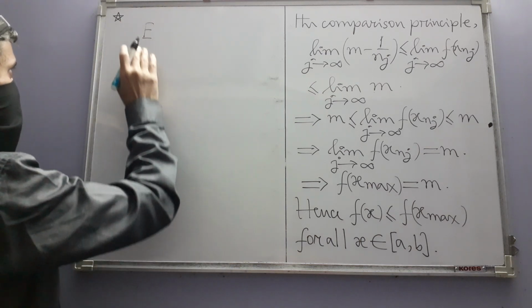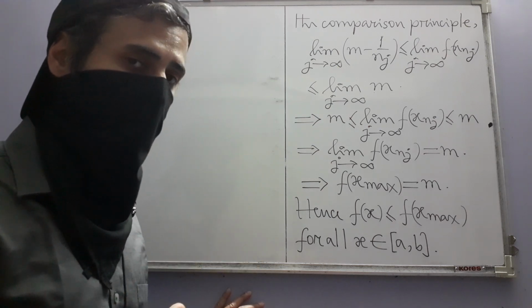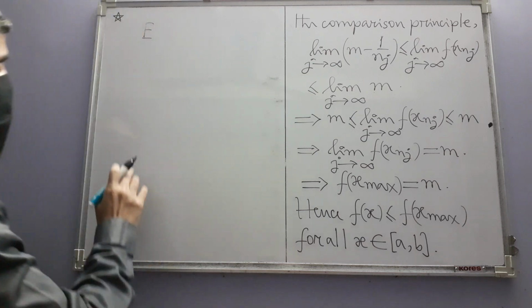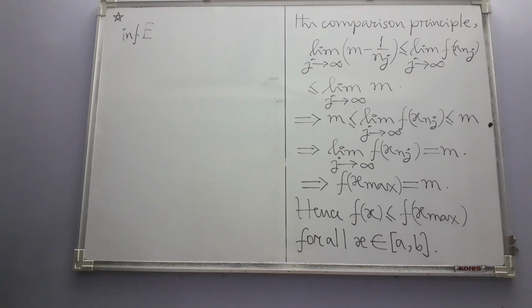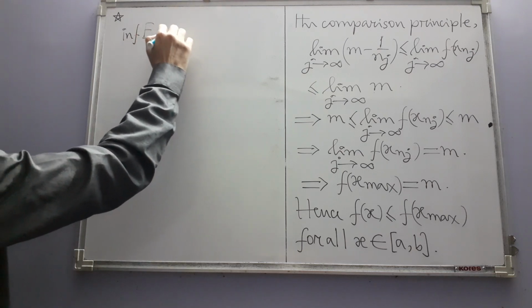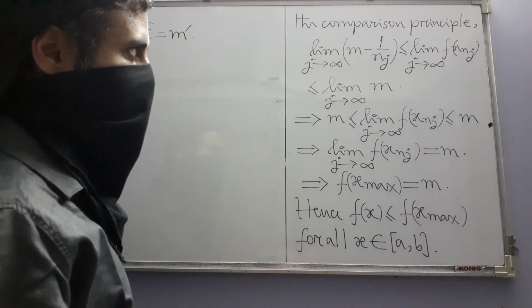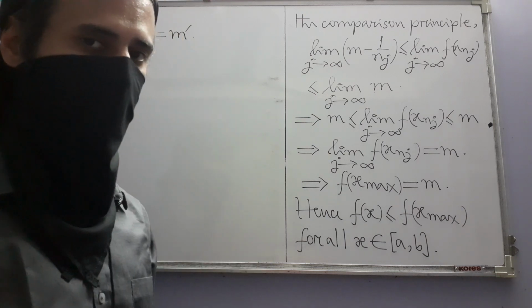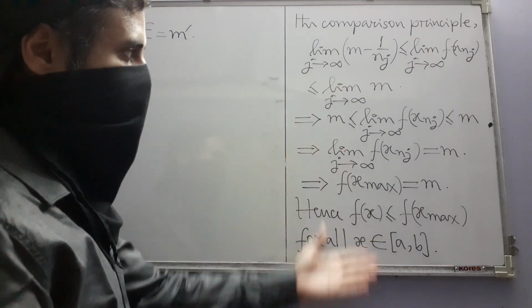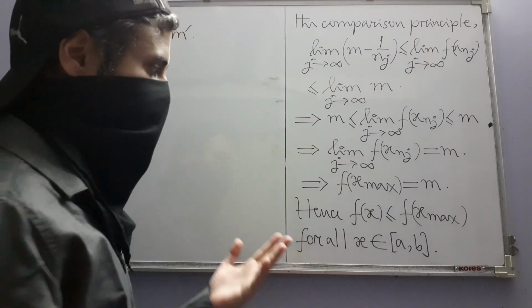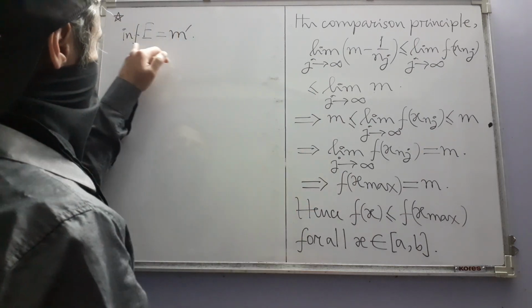But now, the fact that E is non-empty and bounded from below will give you an infimum of E. That infimum you may call m prime, and then using m prime in a similar fashion, you will be able to produce again a sequence. Again, you can use the Heine-Borel theorem and get an f min to be equal to this infimum of E, that